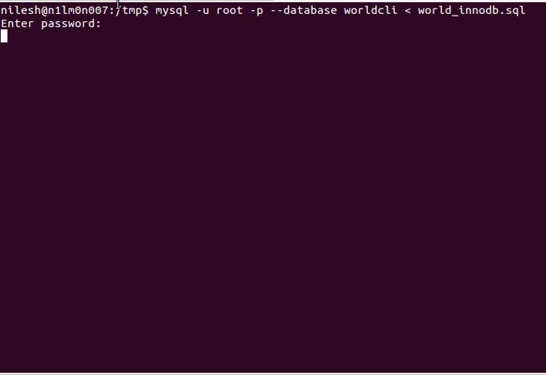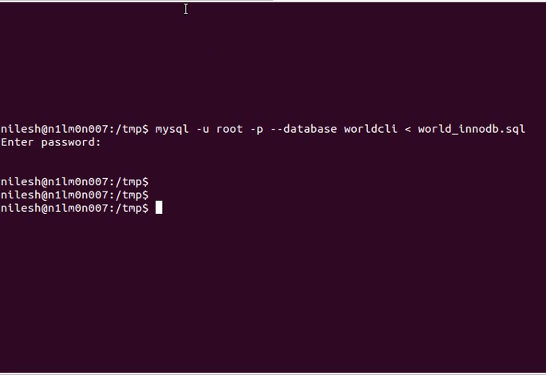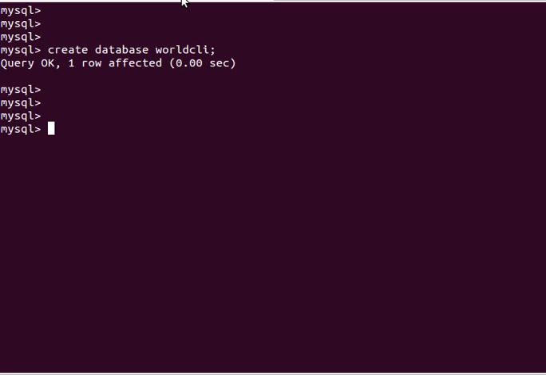This process is still going on. As we have seen earlier, it takes a couple of minutes to import this database on my computer. So once it is finished, it will prompt you back on the dollar prompt if you are using a Linux system, depending on the operating system you use. Here we go, it has finished importing the same database inside world.sql, and now if you go to the MySQL